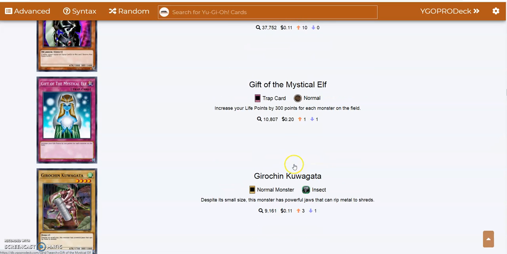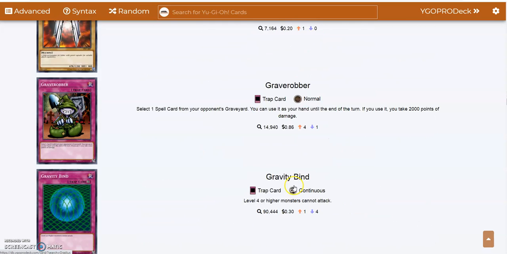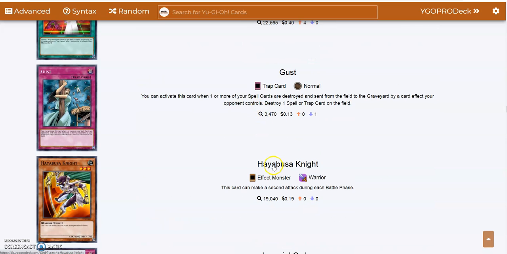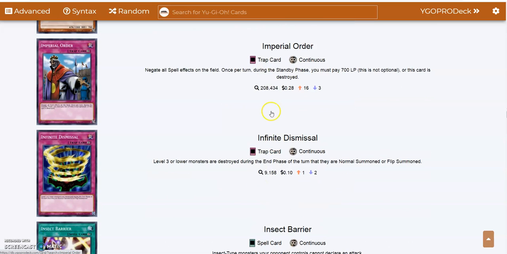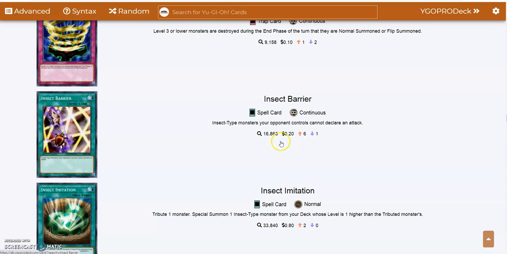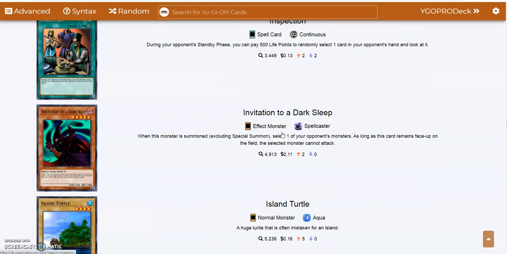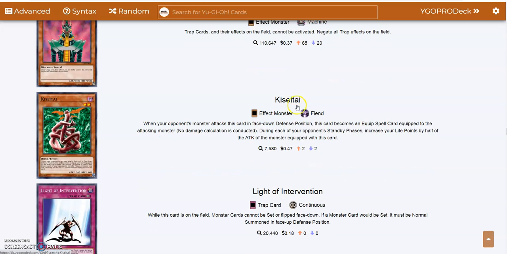Then Gift of the Mystic Elf, Gorochi Yowagata. Can we just get back to English, please? Goblin Attack Force, Gradius, Grave Robber, Gravity Bind, Ground Collapse, Gust, Hayabusa Knight, hopefully that was right, Imperial Order, Infinite Dismissal, Insect Barrier, Insect Imitation, Inspection, Invitation to a Dark Sleep,